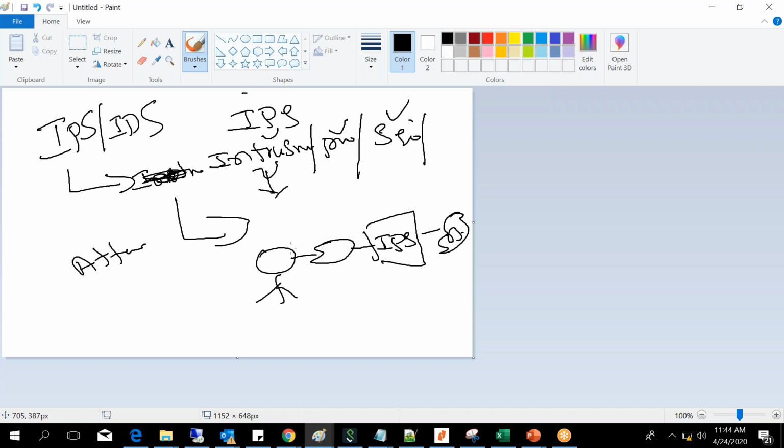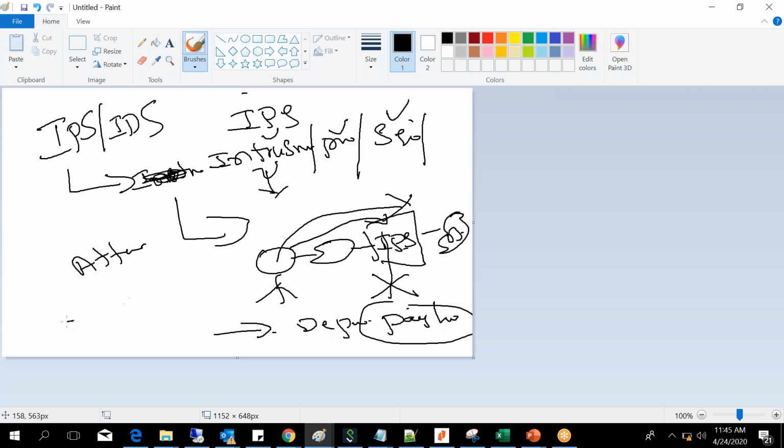Whenever the IPS detects intrusion activity, it automatically blocks it. How does the IPS know this is malicious activity? It depends on the payload. It always looks at the payload.